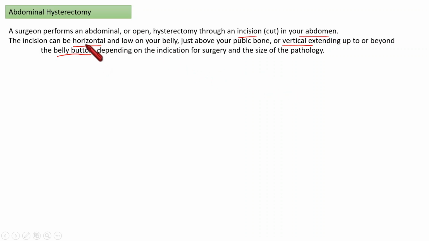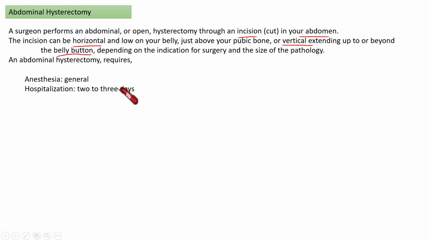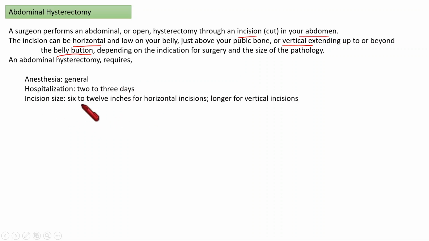Whether the incision needs to be horizontal or vertical depends upon the surgery requirement and also the size of the pathology. Then for the abdominal hysterectomy, the patient needs to undergo general anesthesia, which means the complete body is anesthetized. Hospitalization for 2 to 3 days is necessary, and the incision size is 6 to 12 inches for a horizontal